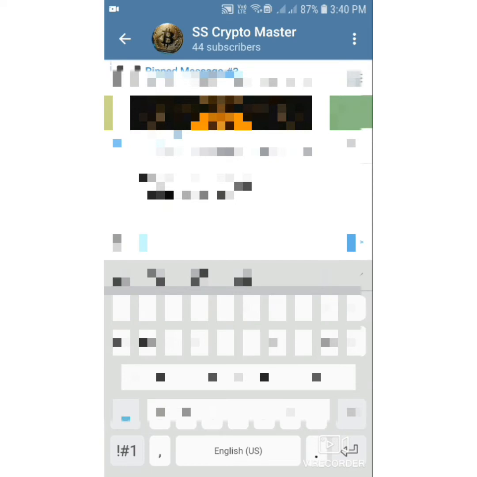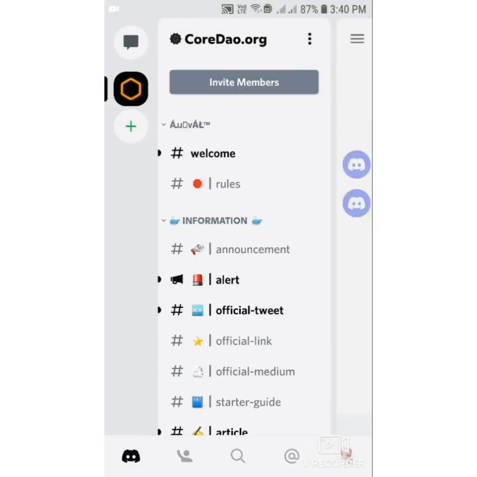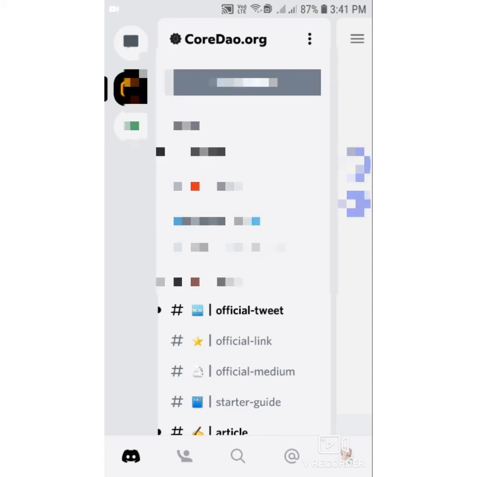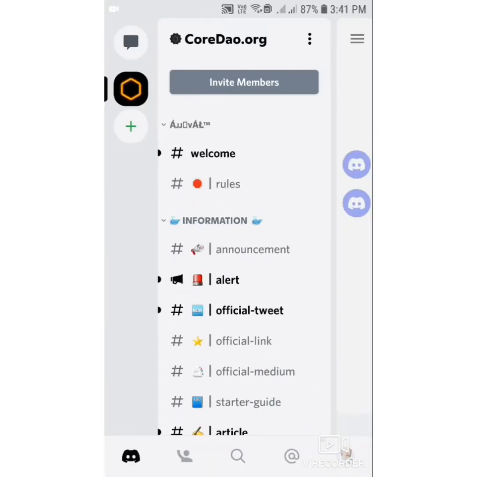I am just copying this link. Once you open the link I have given in my description and Telegram channel, it will be redirected to the Play Store. The application name is Discord. See here. After you download this application,